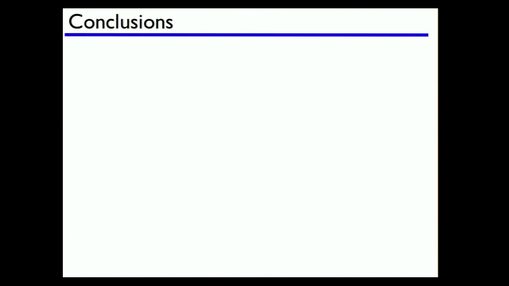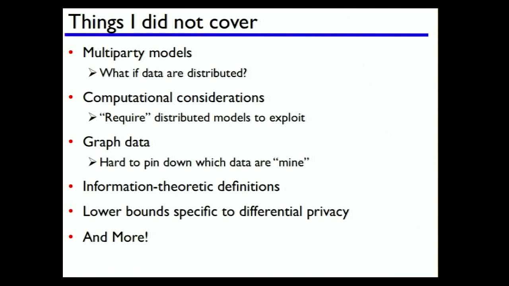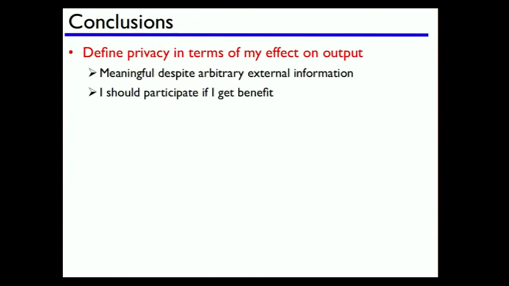Okay, so here are some things I didn't cover. There are lots of things I didn't cover. Just wrapping up, what I've suggested is that if I think of privacy in terms of the effect of individuals' data on the output, this buys me something. It gives me a purchase on this problem. It's meaningful, the way it was described for differential privacy, despite essentially arbitrary external information, and it has this game-theoretic interpretation: